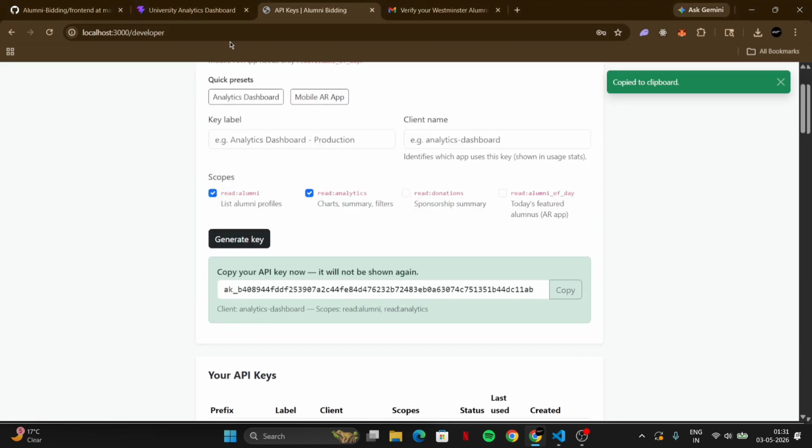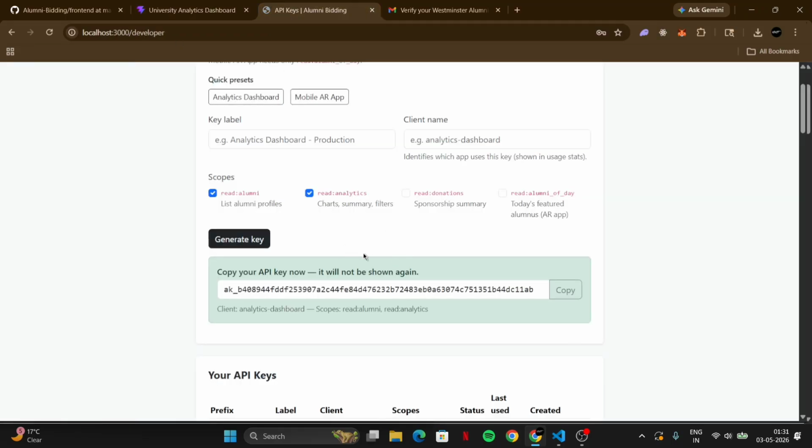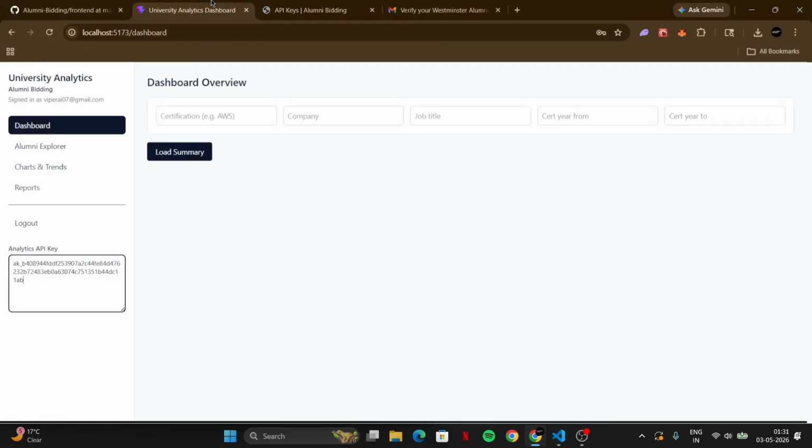Come to your React dashboard, which is the dashboard for coursework 2. Paste your API key, whichever is generated here. Come to your analytics dashboard. Now try searching or filtering the alumni. So let's search